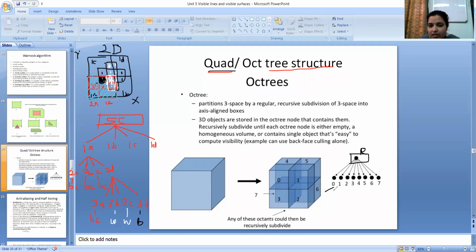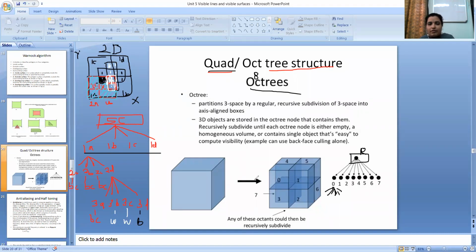And each again is divided into 8. Right? Because this is your 3D entity. So this type of structure is called an octree, because 8 parts are getting generated, 8 branches are getting generated. In the quad tree, we are generating only 4 branches. Okay, so this comes for MCQ type of questions, like in quad tree 4 branches, in octree 8 branches, and